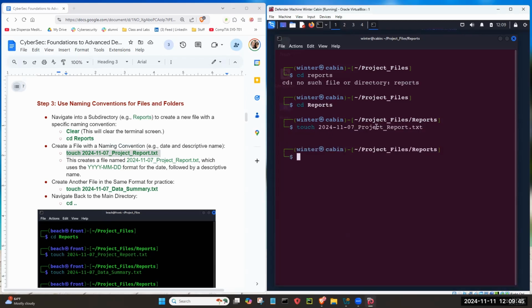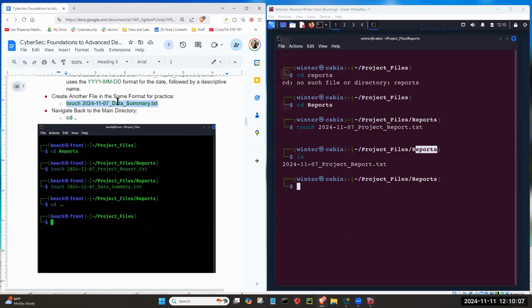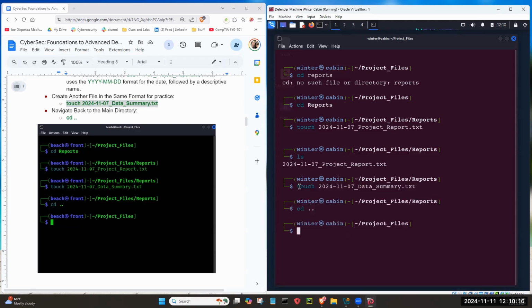Okay, so what we just did, we created a file inside of reports. If I do this right here, there's the file. It's inside of reports. But I want to create another file. Let me go back. So now I'm in project files. If I go like this, I will see data, reports, and scripts. If I go into data,